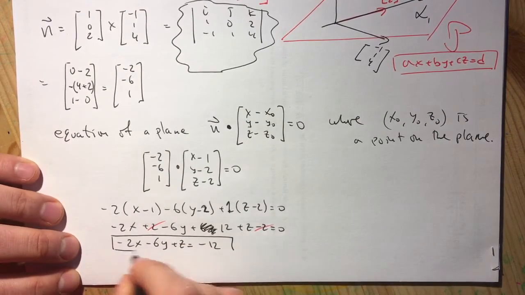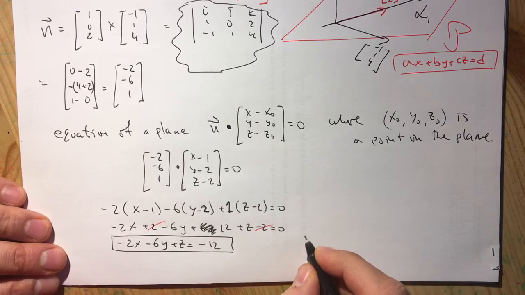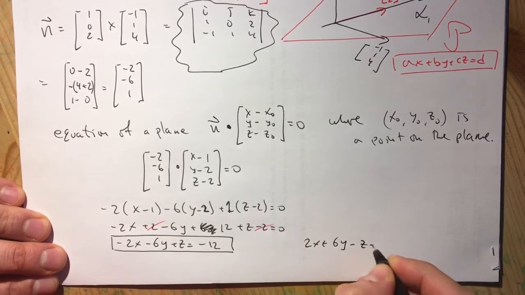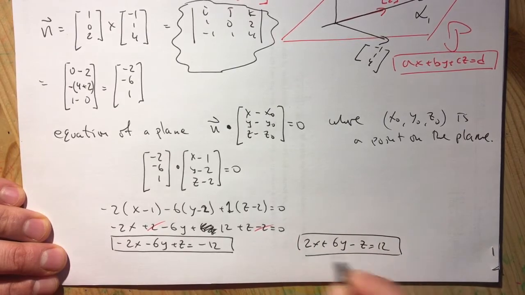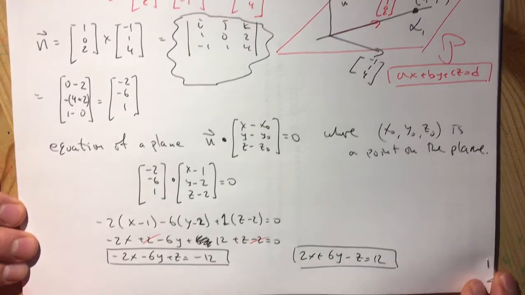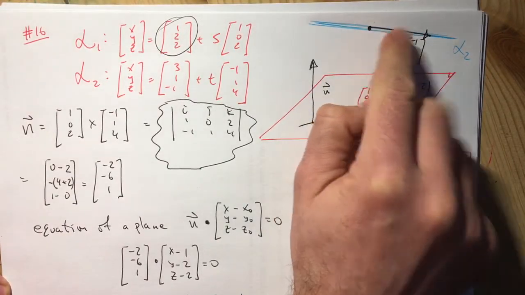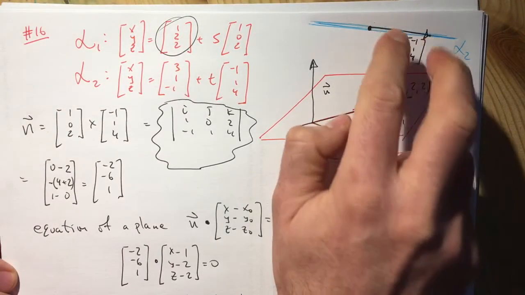This is the equation of the plane. Or if you want, you can multiply everything by -1 and get 2x plus 6y minus z is equal to 12. Absolutely the same. So just to recap what happened, I took this vector parallel to L2, and because L2 is parallel to the plane,